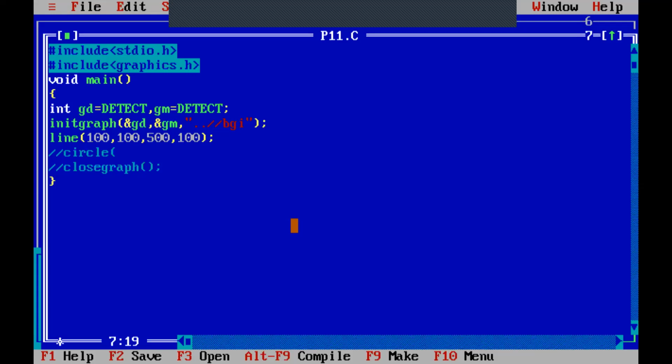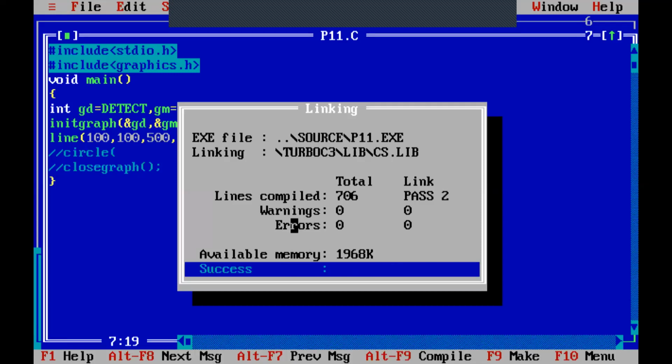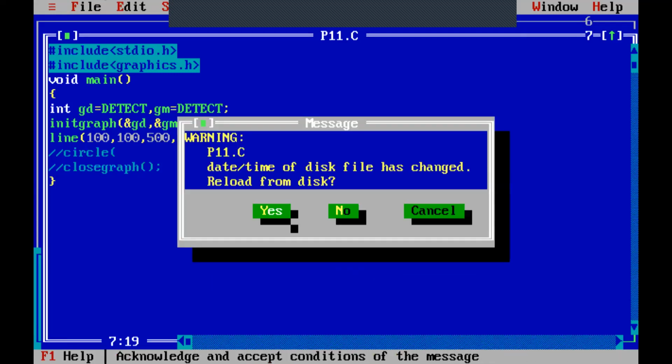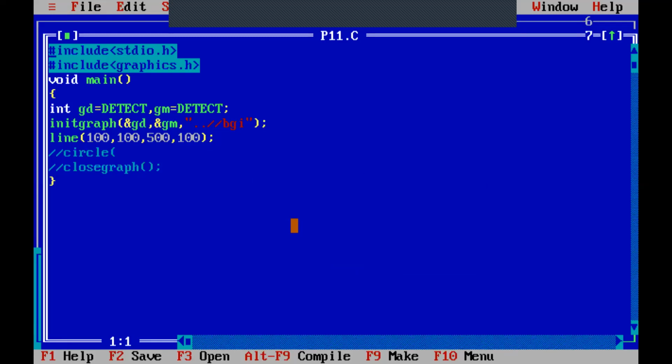So the y value is the same, 100, 100, and x is changing from 100 to 500. Let us see what the output will be. Okay, I have got a line from the 100, 100 point to 500, 100.